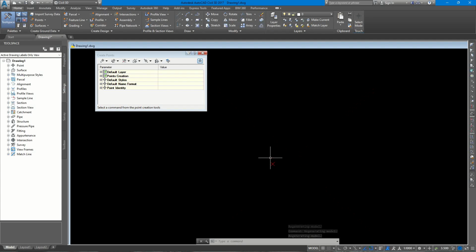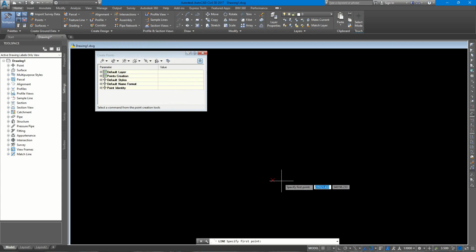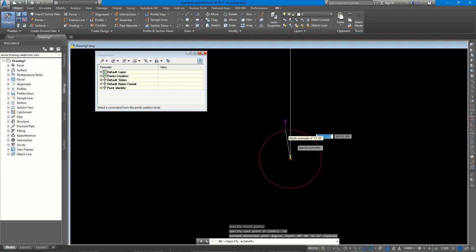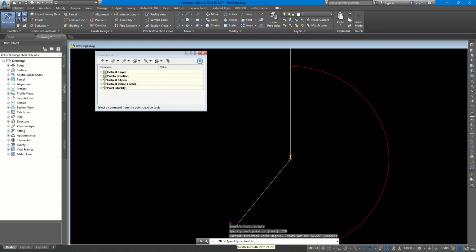So now I will go to the line command tools in my Civil 3D. I will select the create line by bearing and distance. So this will be my takeoff point. Ensure you track to the node of this, and that will be my takeoff point. Now it's tracking to the direction of the survey in the angle of deflections. So now I have to specify the bearing. I will go to the